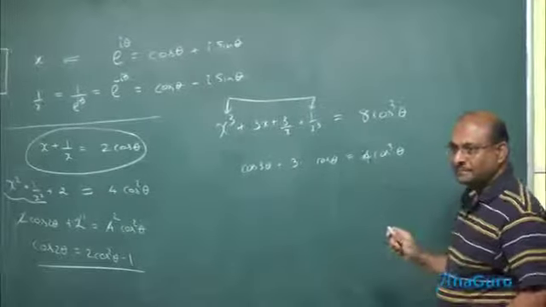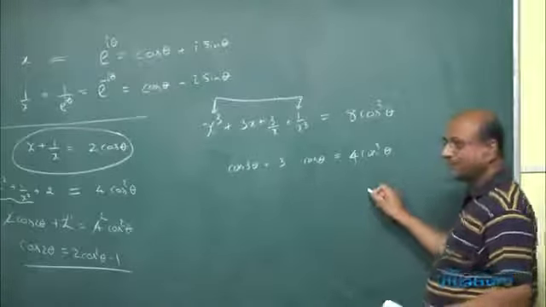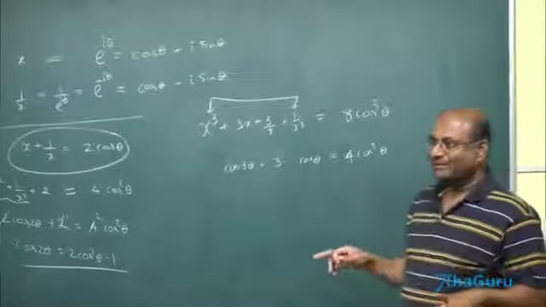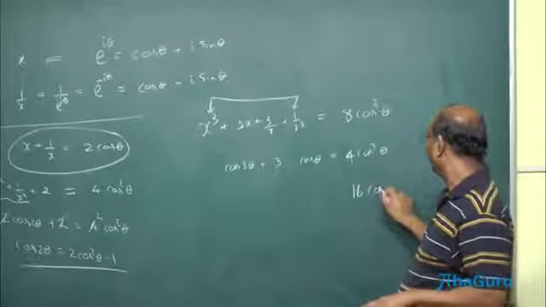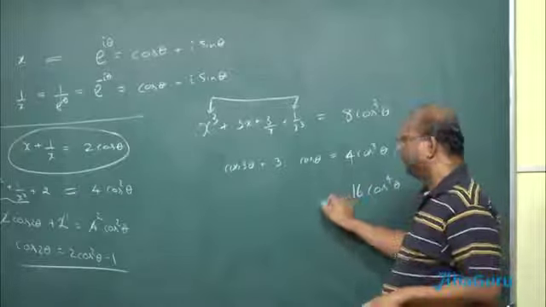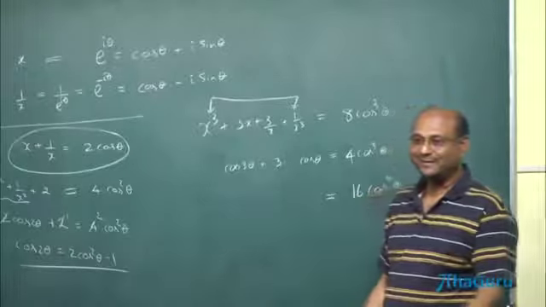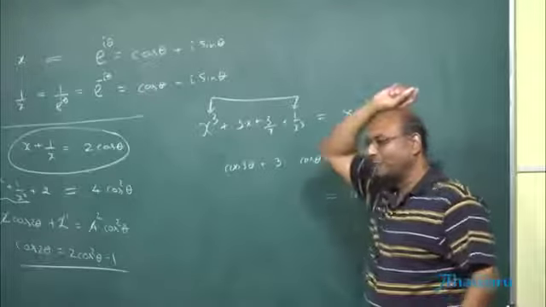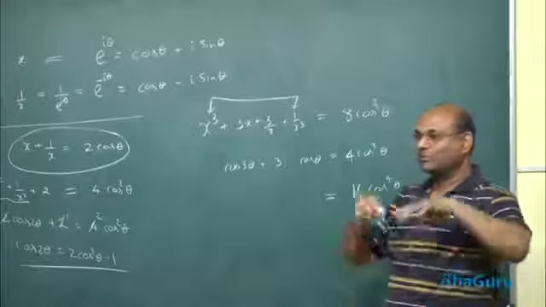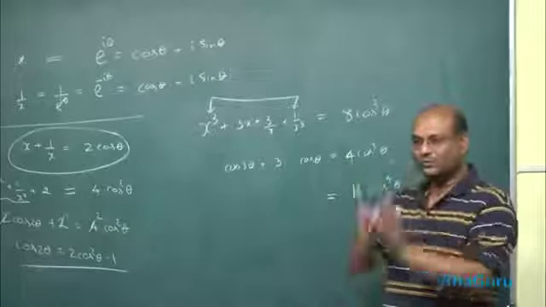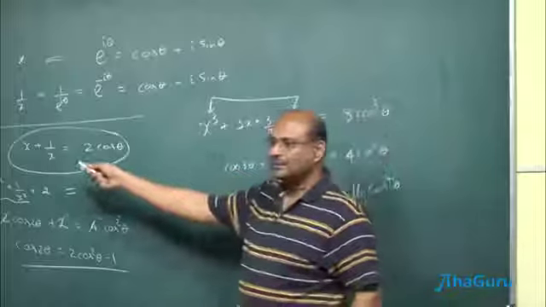So far clear? Suppose I wanted cos power 4 theta. So how will that work? Now I don't know a formula for power 4, right? But we can directly derive. How much time does it take? 16 cos power 4 theta. Whenever you need cos power 4 theta, you can convert it into these forms straight away. You don't need to worry about having to go remember the formula for cos 4 theta. You can say cos 4 theta is equal to 2 times cos 2 theta, I mean cos of 2 times 2 theta, re-expand and so on. But we can directly do this, x plus 1 by x power 4.